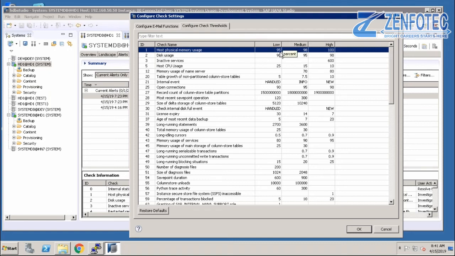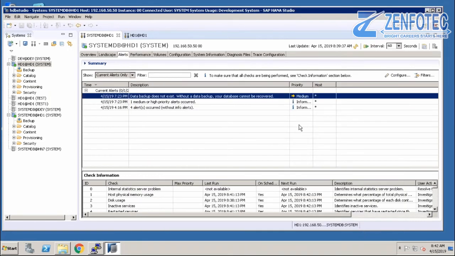If you are getting the alert at 95, 98, 100, then what is the use? So what I will do is configure this. If my memory utilization is 80%, then I should get a low alert. If my memory utilization is 90%, then I should get a medium alert. If my memory utilization is 95%, then it is high. Based on this, I can configure my own and save it.